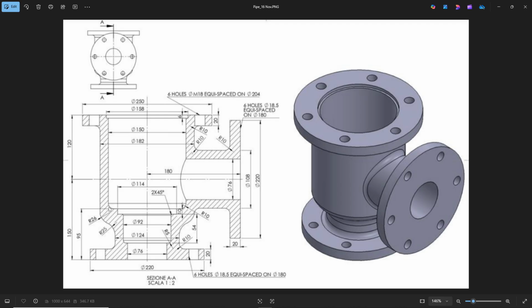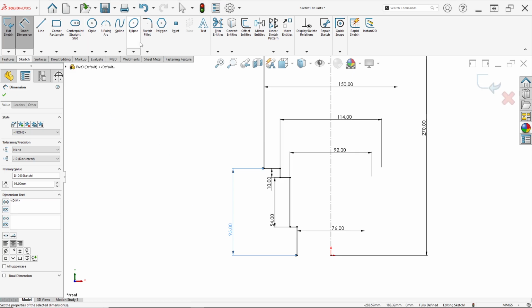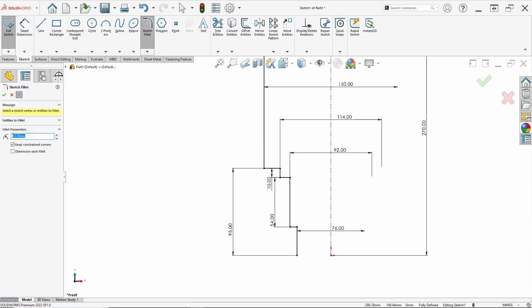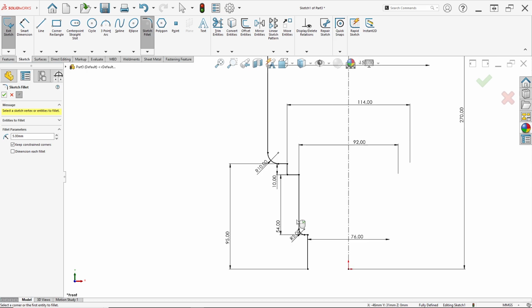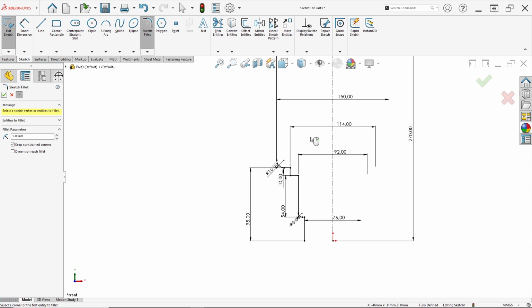Okay, don't forget here there is a fillet radius 10 and here a fillet radius 5 millimeter. So just use sketch fillet, parameter 10 millimeter for this point, click OK, and change to 5 millimeter to make this fillet, click OK, like this.